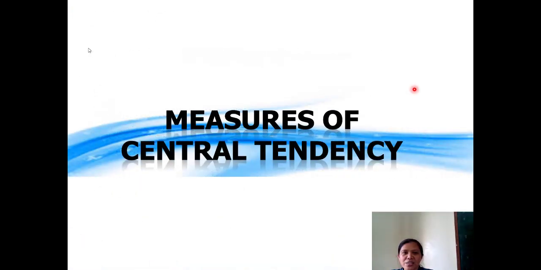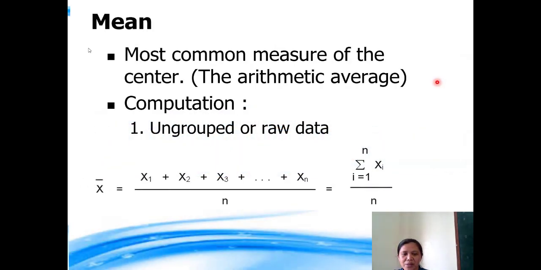Measures of central tendency is a single value that is used to identify the center of the data. The first type of the measure of central tendency is the mean. The mean is the same thing as the average or arithmetic average, which is the most common measure of the